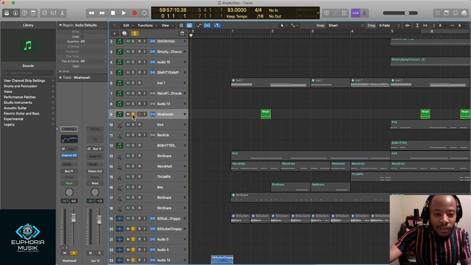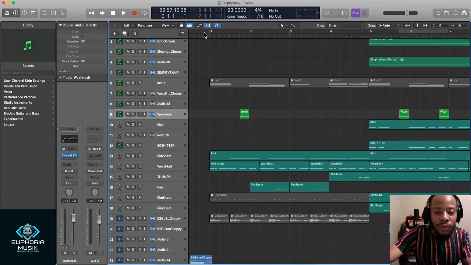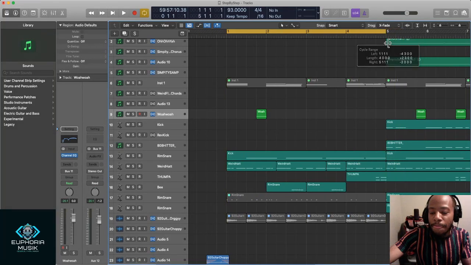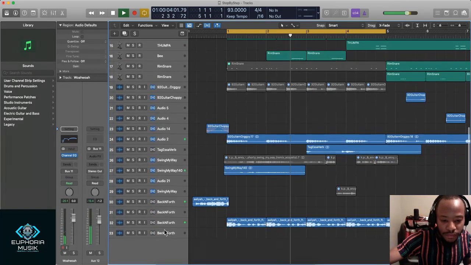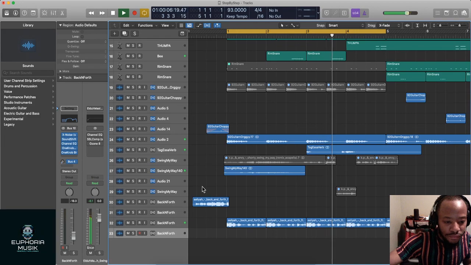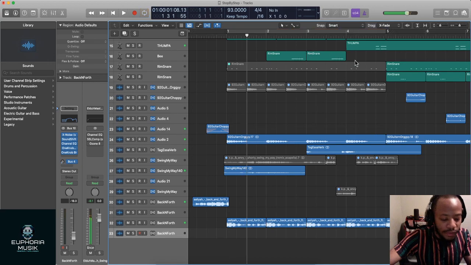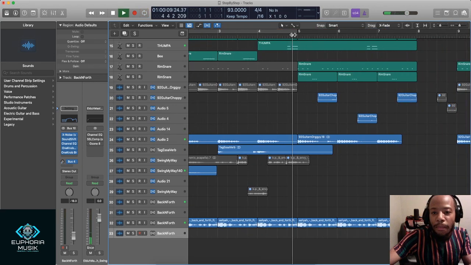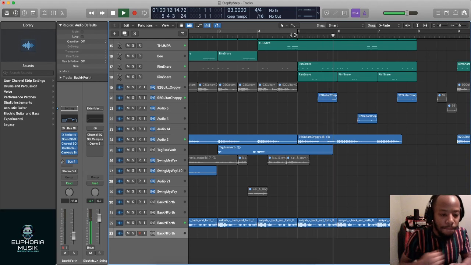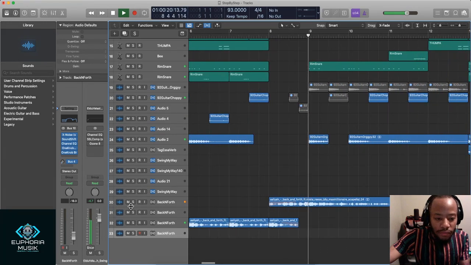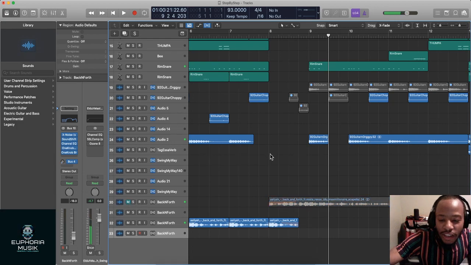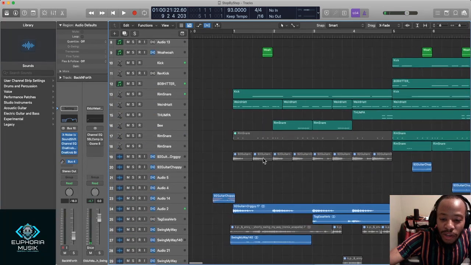I'm just gonna play a little bit of it so you see how low I actually mix. Let's see if I put the kick in there. So I really mixed really low, and that's where I started the blending.